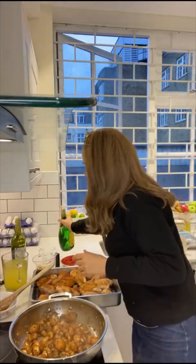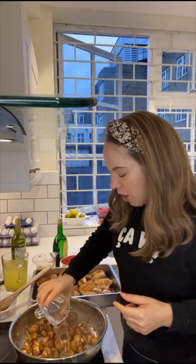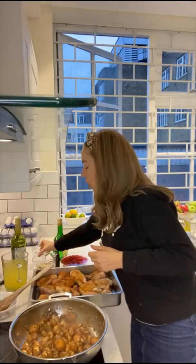My recipe calls for brandy. This is what we have at home. I actually grew up watching my Saba drink this every morning. He'd have a little shot. So our 6 tablespoons, because I'm doubling the recipe, are going in there, along with